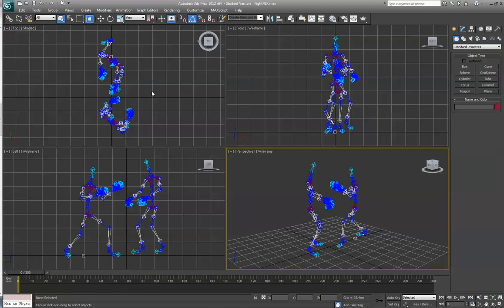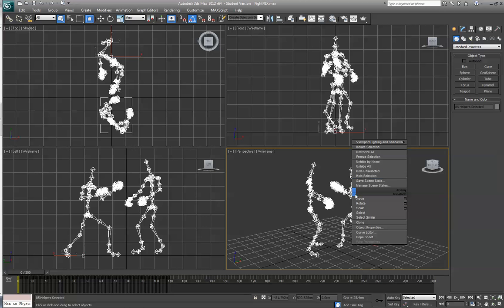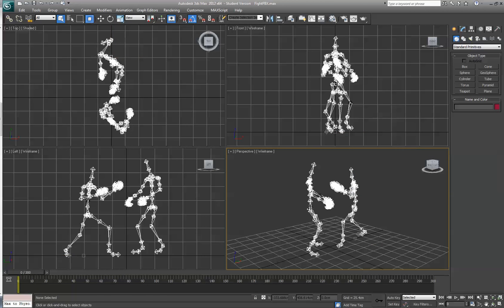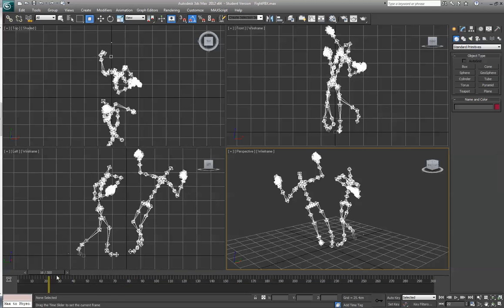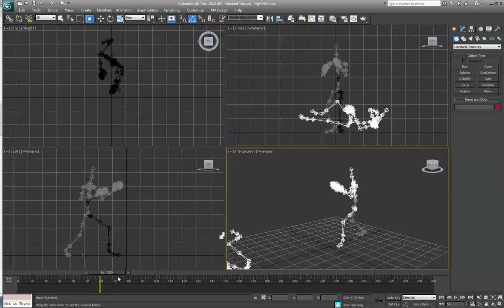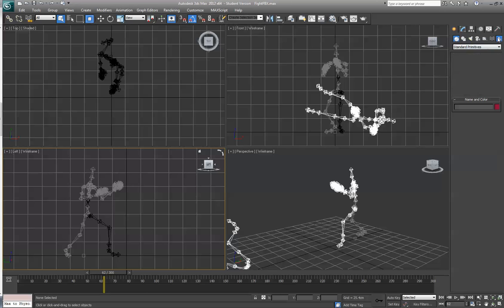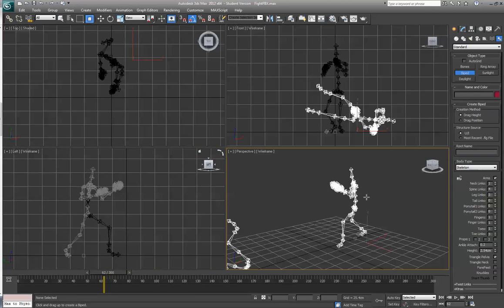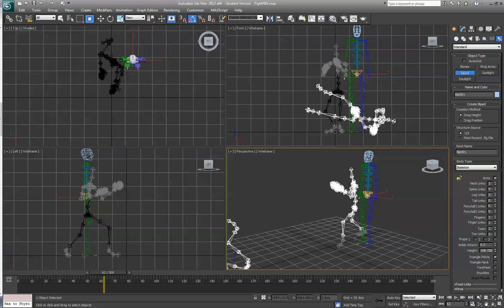So first I want to make sure I don't mess these guys up. So I'm just going to select them, and I'm going to freeze selection. So now I don't have to worry about messing those up. Okay, so let's import our biped system, and I'm just going to drag him up like that, and I'm just